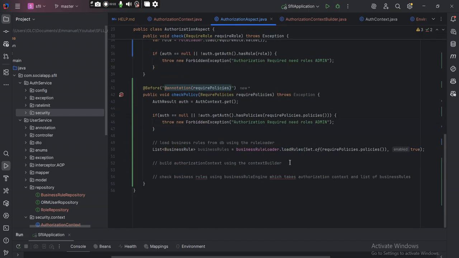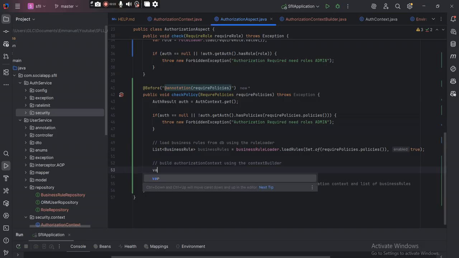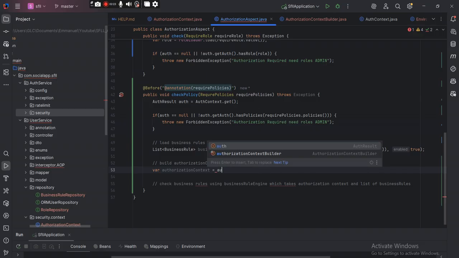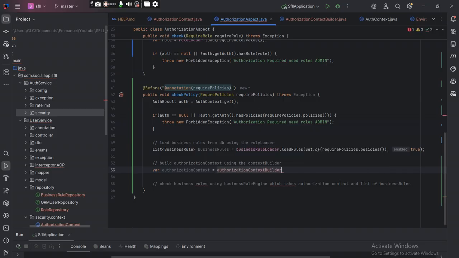And what we can do is do authorization context go to authorization context builder.build,